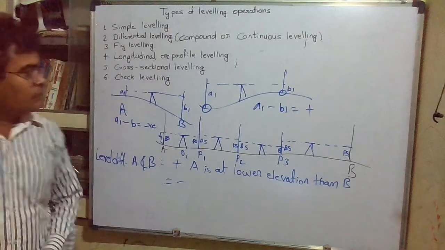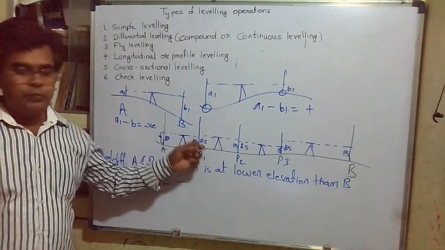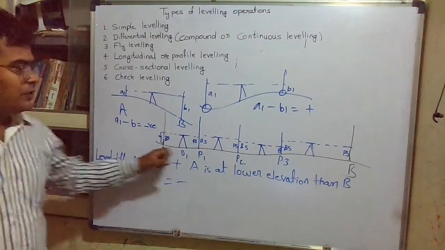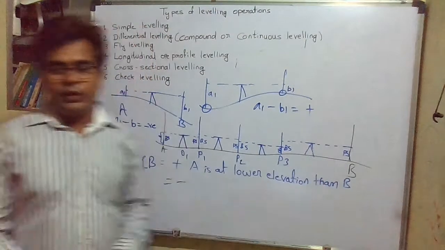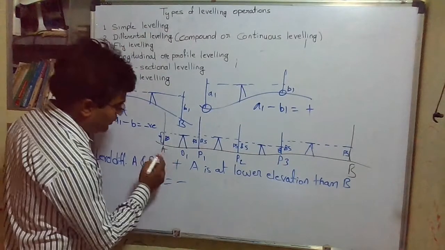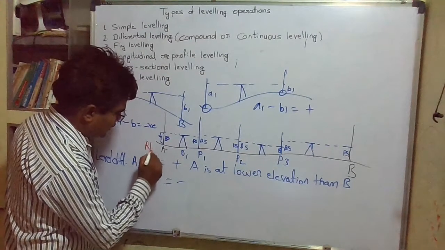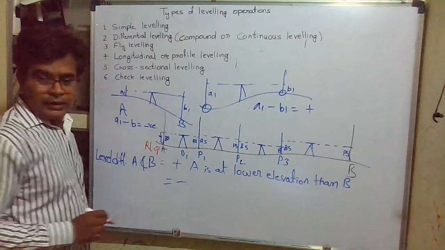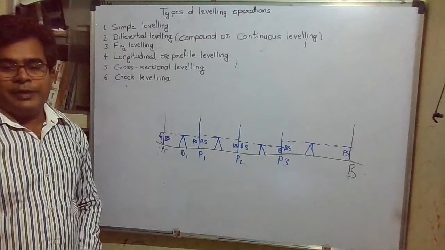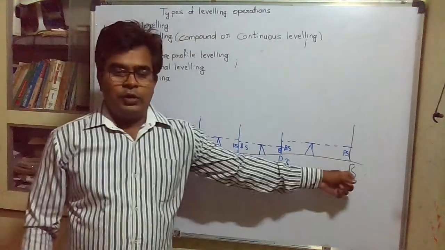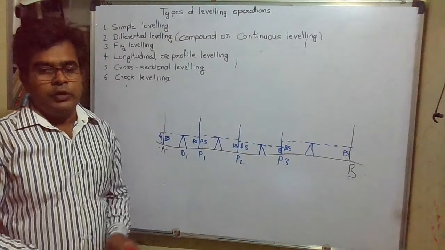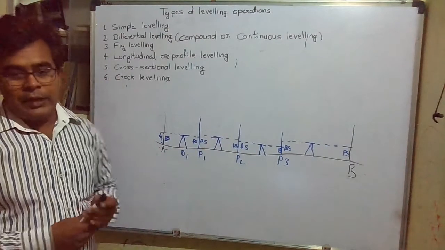One thing we can observe here is that we are only taking backsight and foresight readings, because our aim is to determine the level difference between point A and B. If we know the RL of point A, then we can calculate the RL of B. Thus, in differential leveling, we can determine the RL of any other point B if we know the RL of point A. So, next is fly leveling.